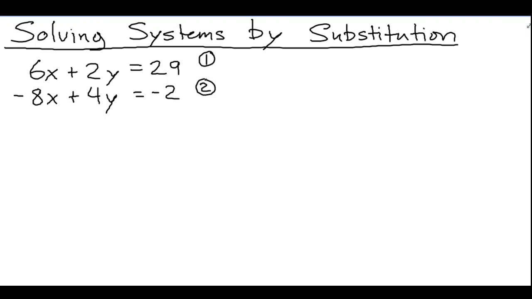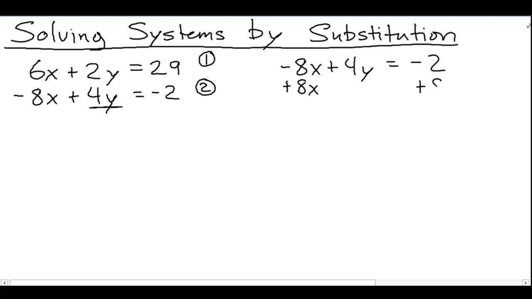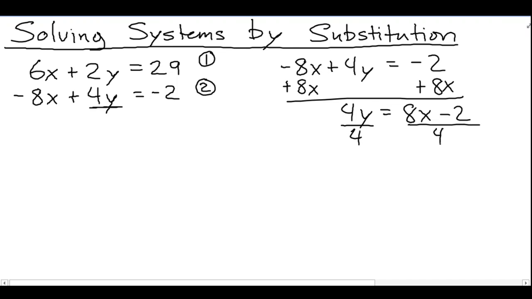I'm going to go ahead and pick equation number 2, and I'm going to solve for y. So what I like to do here is rewrite equation number 2. I have here negative 8x plus 4y equals negative 2, right? Try to get y by itself here. So I'm going to add 8x to both sides. End up with 4y equals 8x minus 2. Divide both sides by 4, the entire side over here by 4, and you end up with y is equal to 8 divided by 4 is 2x minus 2 divided by 4,